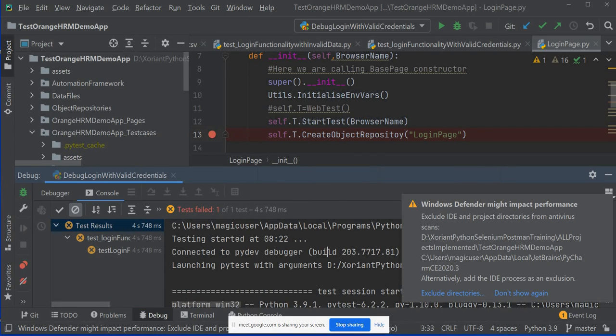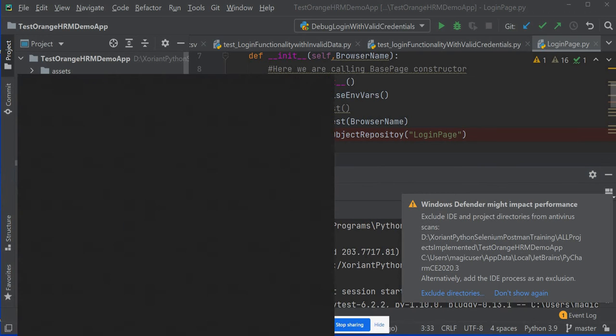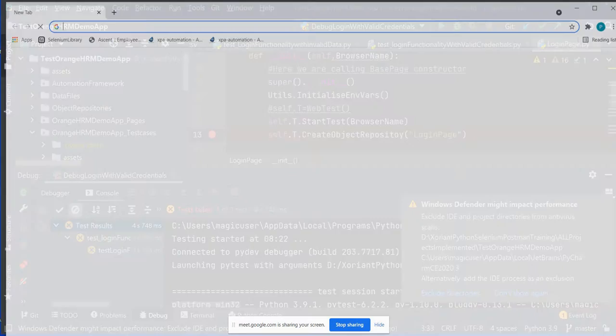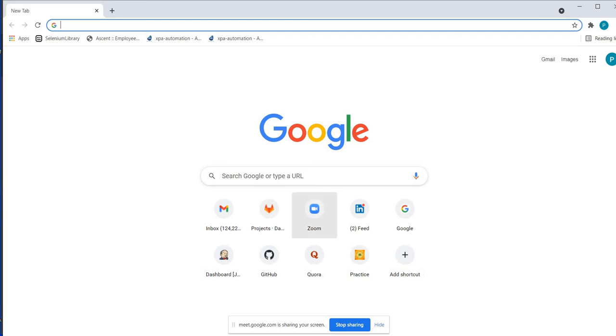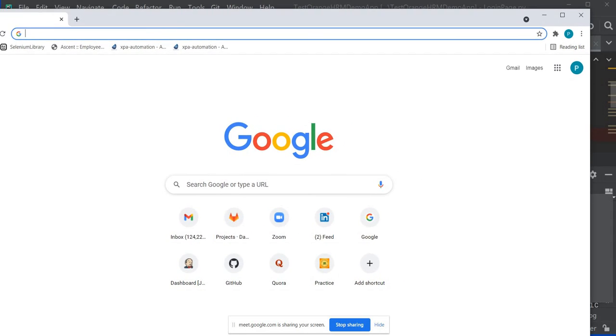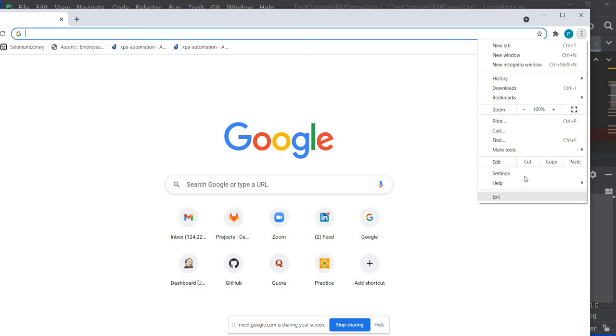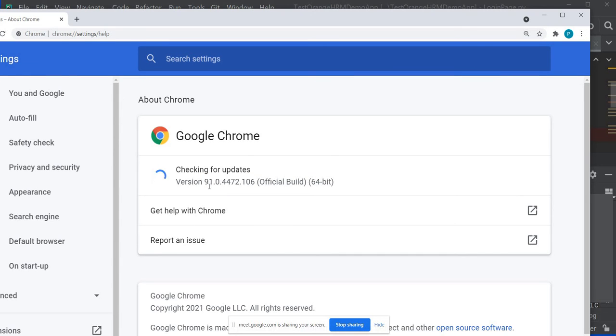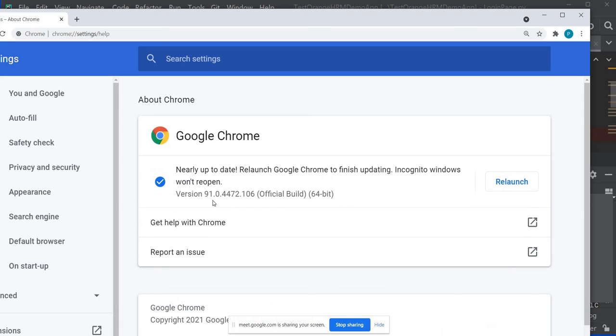Let me check, because if your browser has been updated, your driver should be too, otherwise it doesn't start the browser, right? So let me check. Help, Google Chrome, and it's 91.